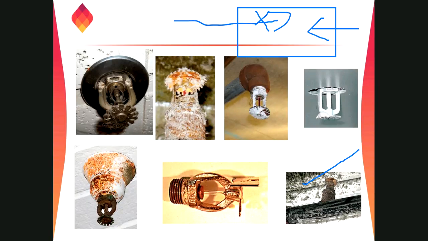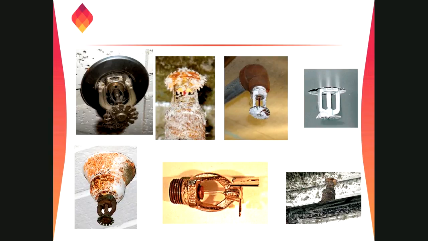The point is, it might be a review from a third party consultant, or it might be from the civil defense or any kind of AHJ, authority having jurisdiction. An authorized person will come and look for this. And at this one, you can see it is corroded, right? It's totally corroded and it is out of control. The sprinkler head and everything is corroded, so it will not break easily.